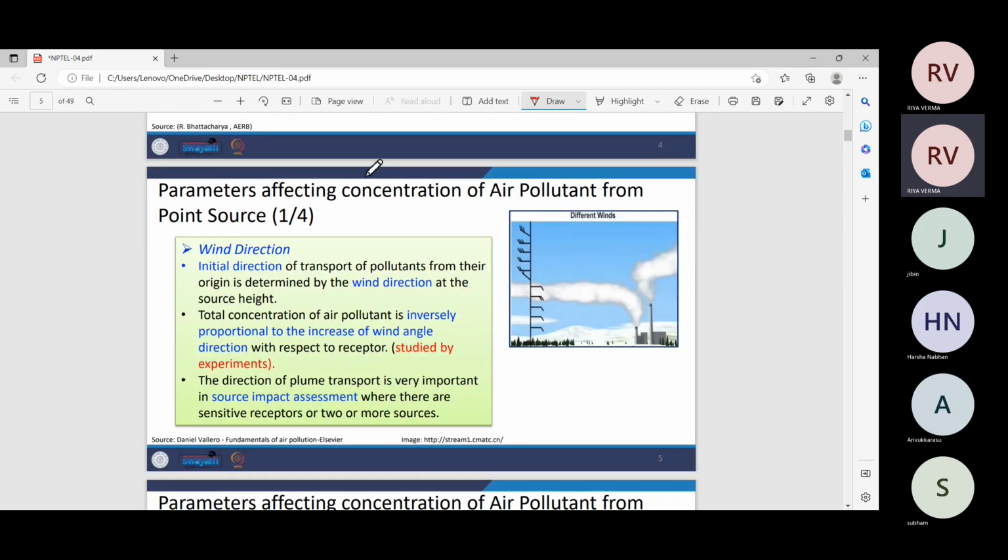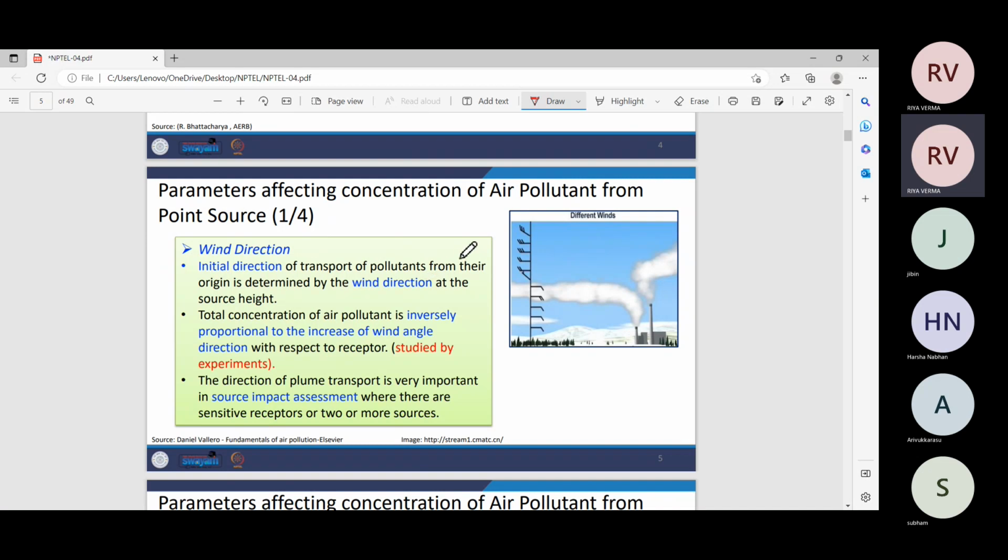Okay, so these are the parameters affecting the concentration of air pollutant from a point source. First one is your wind direction. The transport of the pollutants depends very much on the direction of the wind, because the direction of the wind at the source height will affect the dispersion of the pollutants in the ambient air. The total concentration of the air pollutant is inversely proportional to the increase of wind angle direction,